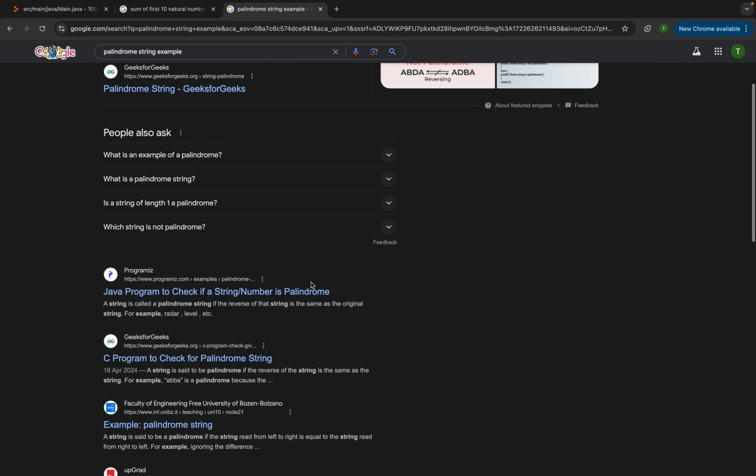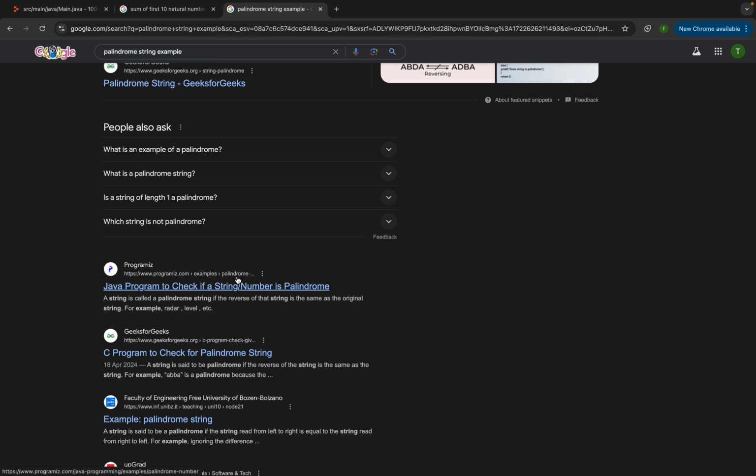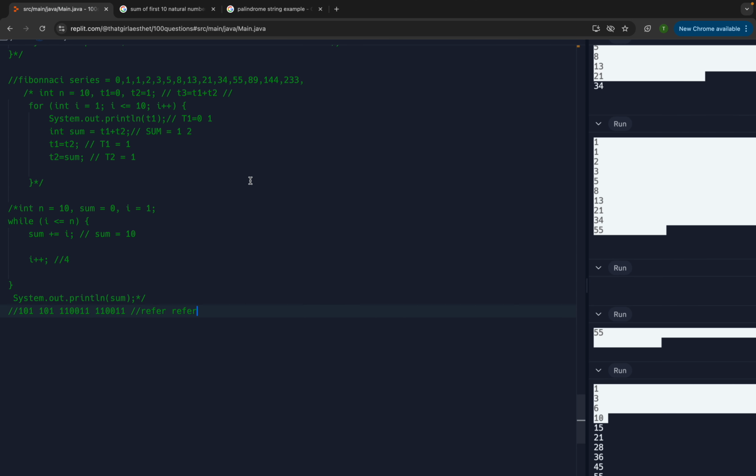You can check it out. Radar, level, all these are palindrome strings. Okay. So now basically, what the question is saying, that we need to check if the string is a palindrome or not. So basically, we need to first have a string, right? Now let's say I have a string A, B, C, D, E. I need to then reverse the string. So E